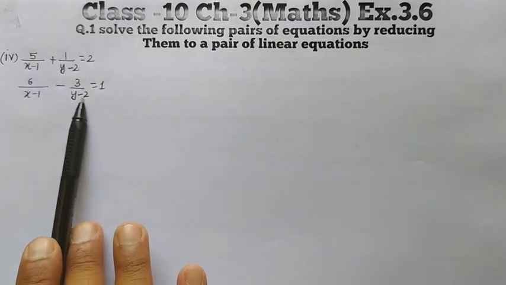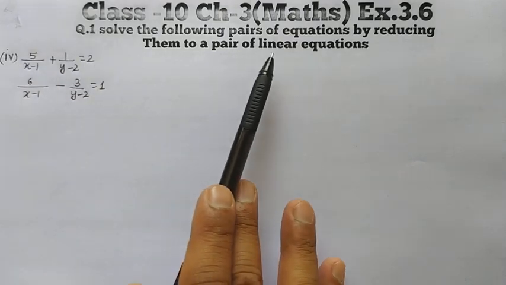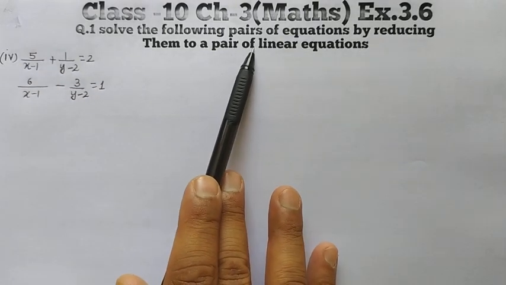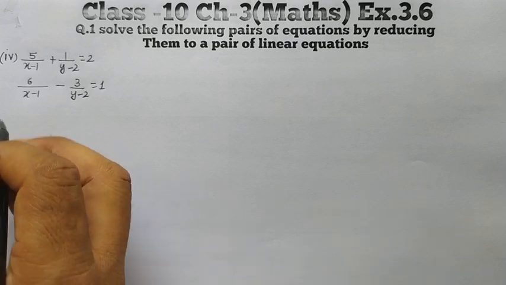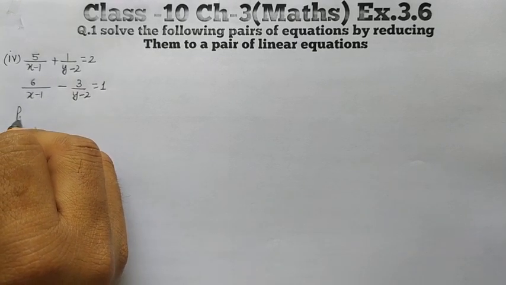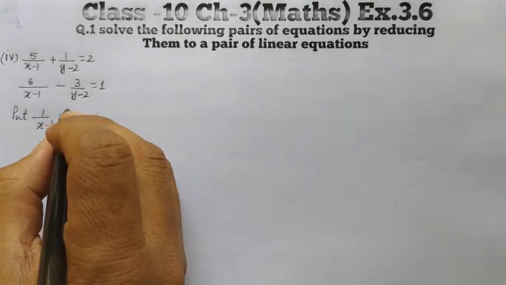These are not in the form of linear equations. These are not linear equations. So first of all, we'll reduce them into linear equations, then we'll solve them. And this we'll do by doing some suitable substitution. So if I put 1 over x minus 1 as some other variable, suppose that